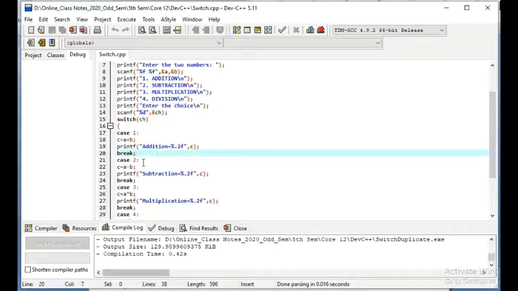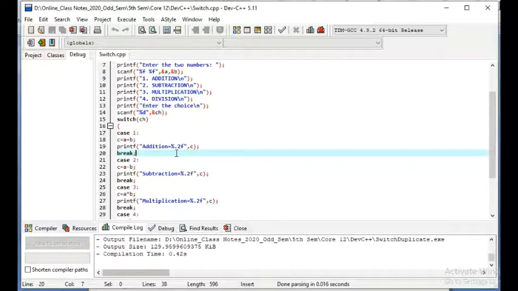So if case 1, meaning if 1 is pressed, then the addition operation will be performed. That means in C, the addition of A and B will be stored, C equal to A plus B. Then it will print the value, printf addition equal to %.2f. Here we are writing without specifying the number of spaces, that is, how many places will be defined to display the value. .2f means only 2 decimal places are defined.